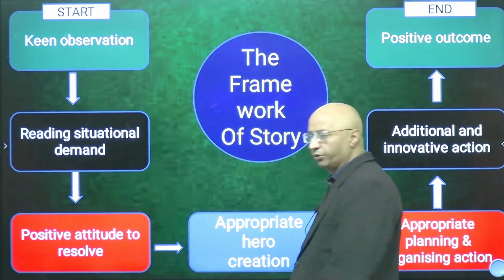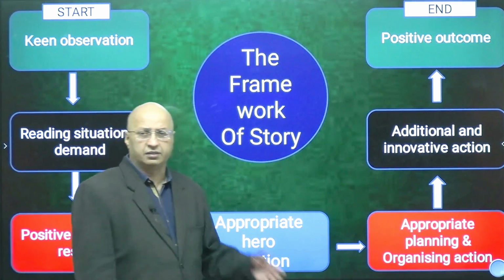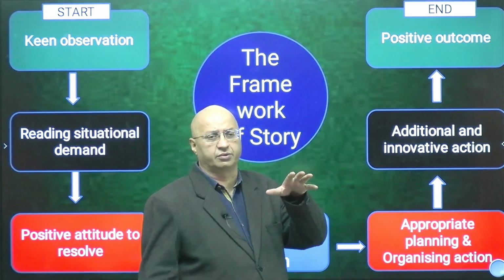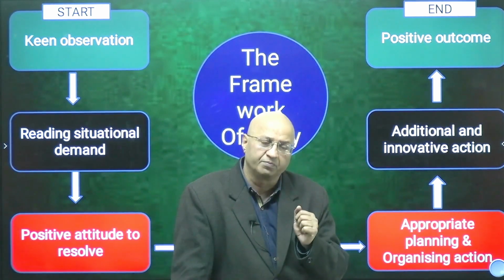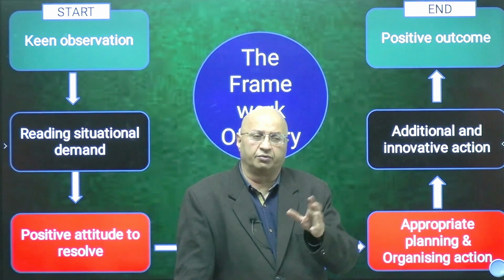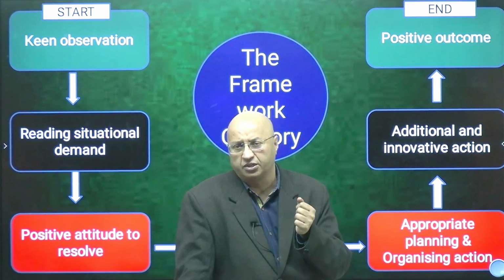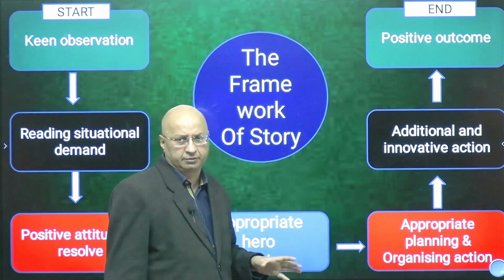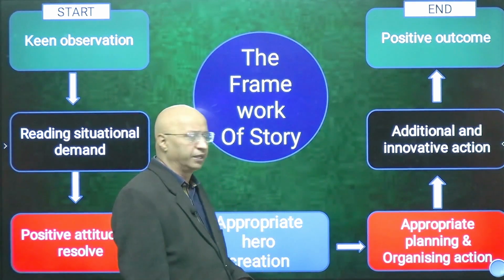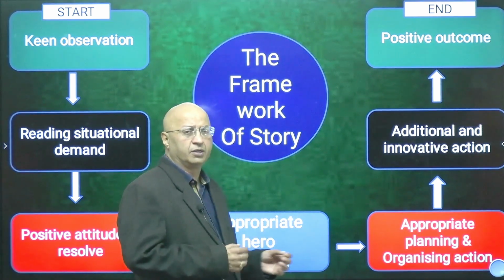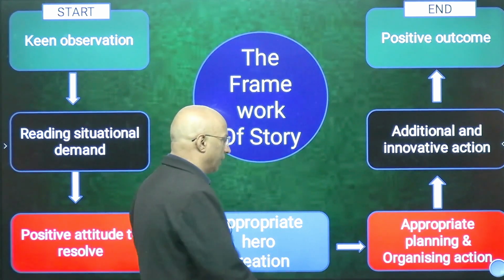Next, appropriate hero creation. Now you should have a right hero, because while writing a story, if you write that there was a boy who was 5 years old and he went and told the DM, does it look appropriate? No. There is a picture showing a girl sitting and you are making a hero who is male, and it is not matching. It will look inappropriate. So anything which will match the situation is very important. If you're seeing a field, you make a village development officer, that can be appropriate. If you're seeing a field, you make a gram pradhan, appropriate. Agricultural student, appropriate. This is one of the things. We'll give you an example also.